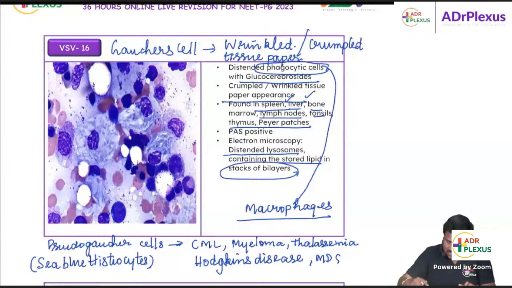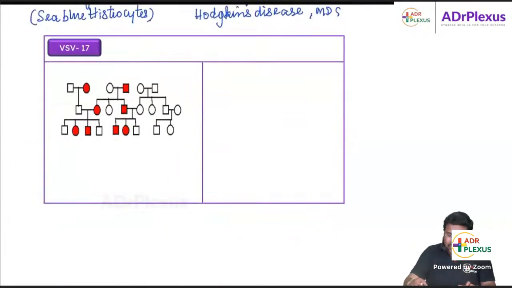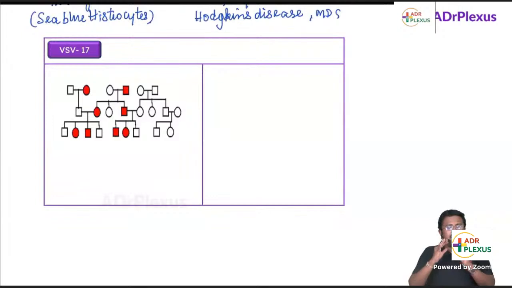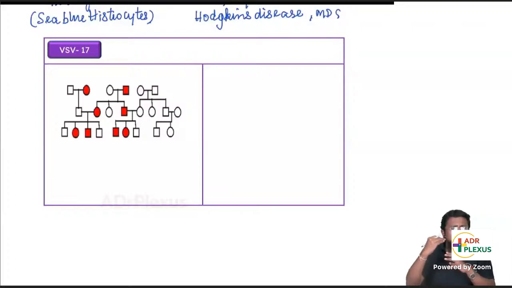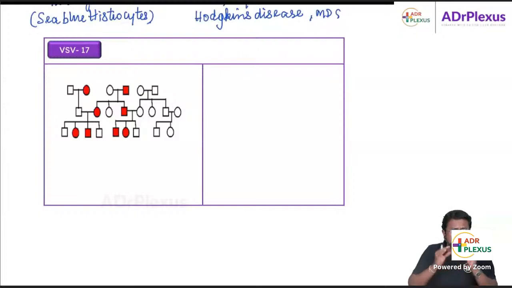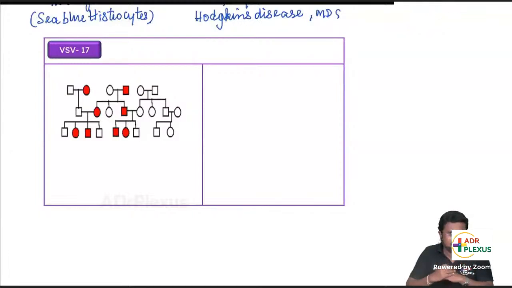Yes. Now we are going to discuss a very important point in the genetics chapter: analysis of the pedigree chart and telling the mode of inheritance of the family tree. This is very important, but we will learn it in a very simplified manner, recollecting what we have already learned.